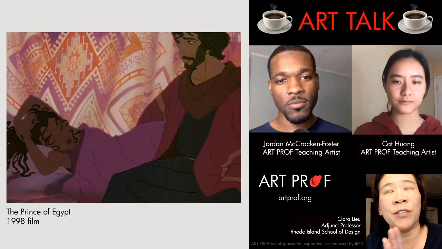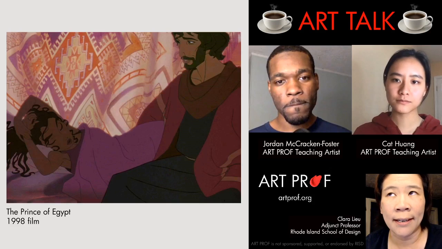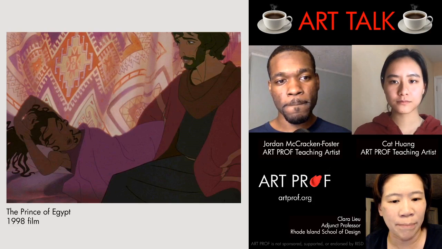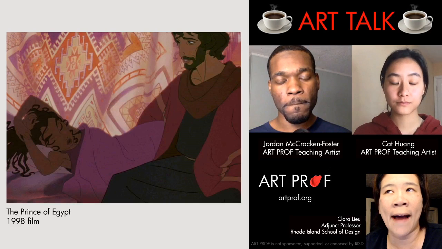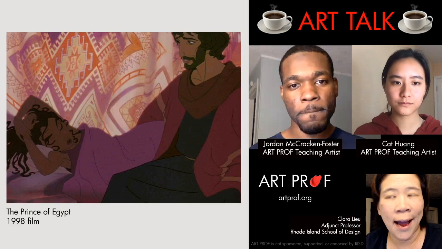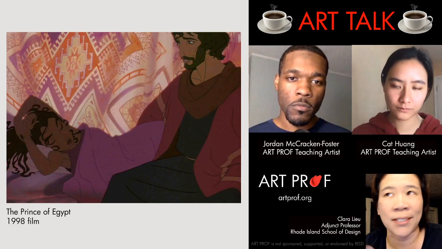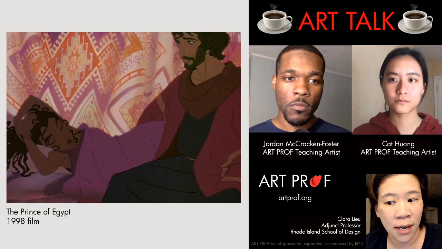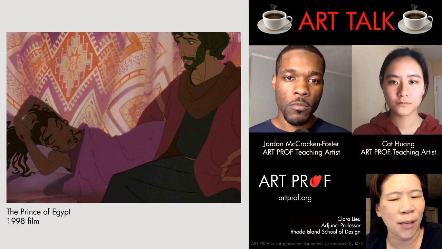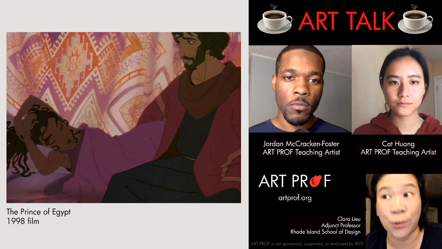And Kat, I was wondering because I know you did a comic, I think last year, that was about a Mexican family, and you're not Mexican. And so, as an artist, how did you go about doing that? Because let's say you want to make a story about somebody who's not the same race as you. How do you take that responsibility and make sure you don't just totally screw it up?